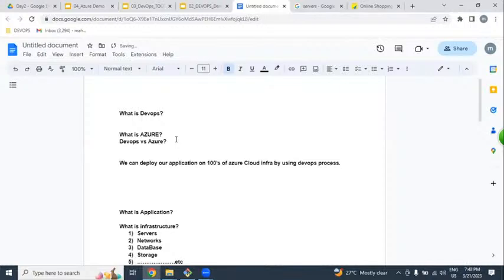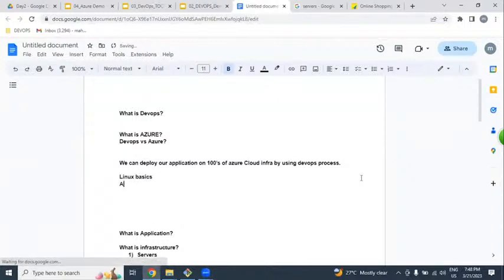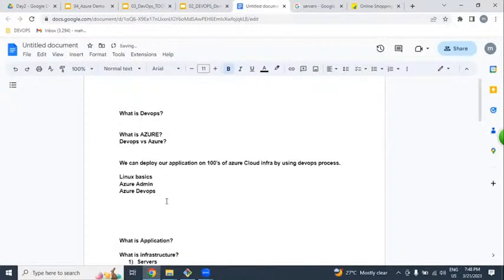This is the one line sentence we understood for today. So we are going to be learning first Linux basics, then Azure administration, then Azure DevOps. So this is the flow.